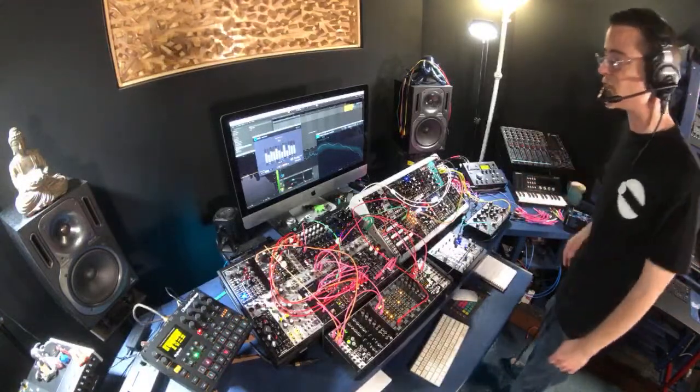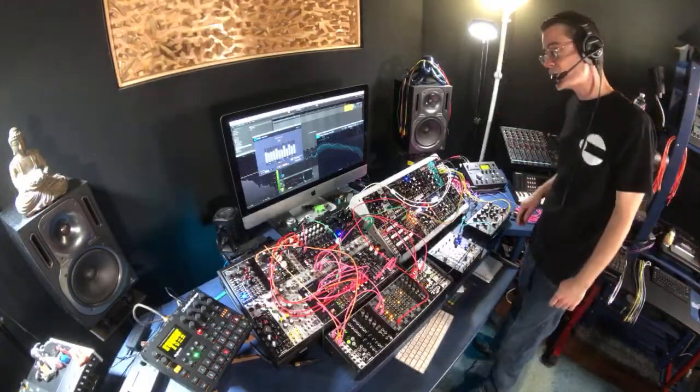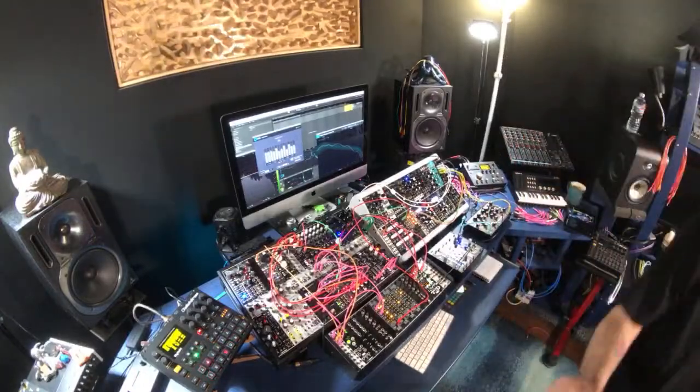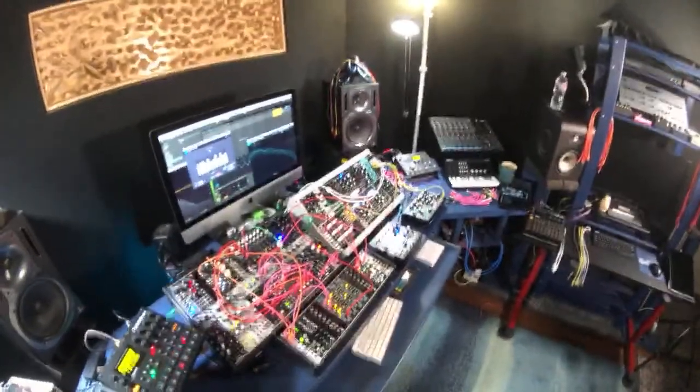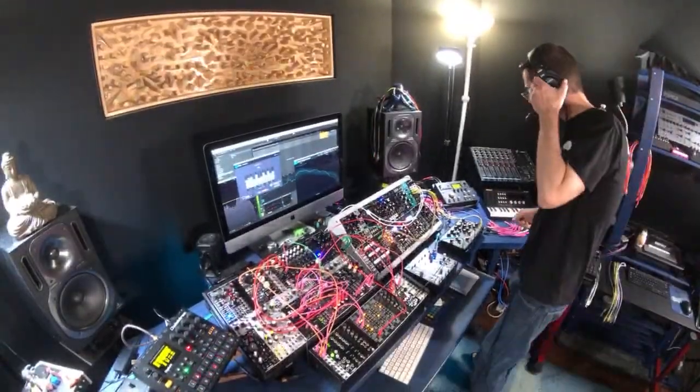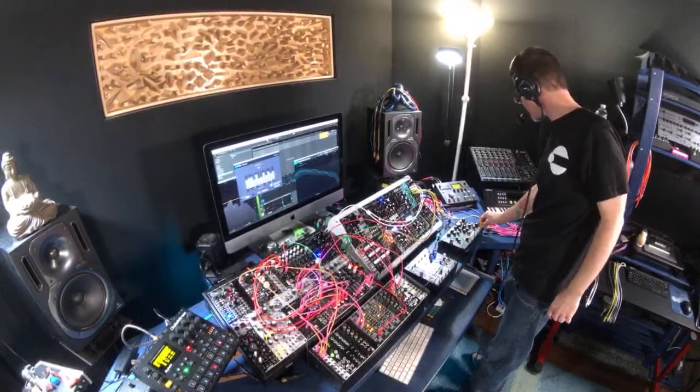It thinks we're actually in the key of E minor right now. So what I'm going to do is see if I can fix that and get us into the key of F minor, so that it'll match with my other sounds a little bit more. And let's see here. I think the easiest way that we can do this